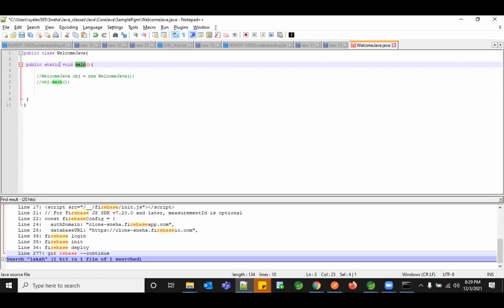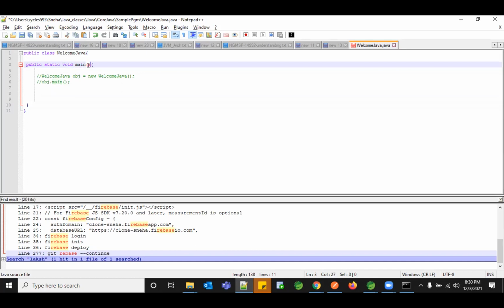This driver will not give you any output, but it will execute all the instructions you have placed within this particular main method. Whatever instructions you place, everything would be executed, but it will not give any explicit output, as you get if you have an add method. So that is why we need to have these characteristics defined for your main driver class. That is the reason static and void are the keywords you use. And this is nothing but a method. You have the return type as void, and your method name as main, which is nothing but your driver.